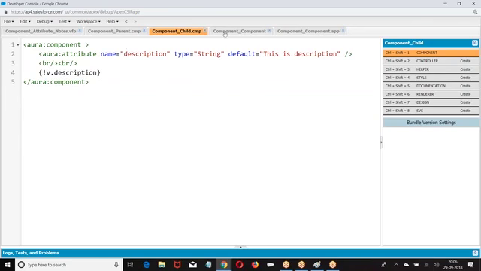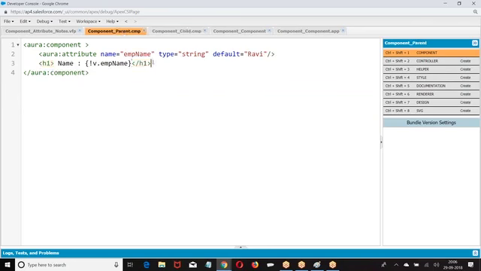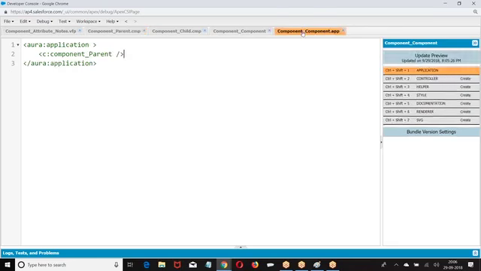Description. Now, within the parent component, I'm trying to call a child component. How do you call it? c colon component child. Within the parent component, I'm calling the child component. I'm not passing any values as of now. I'm taking a default value.